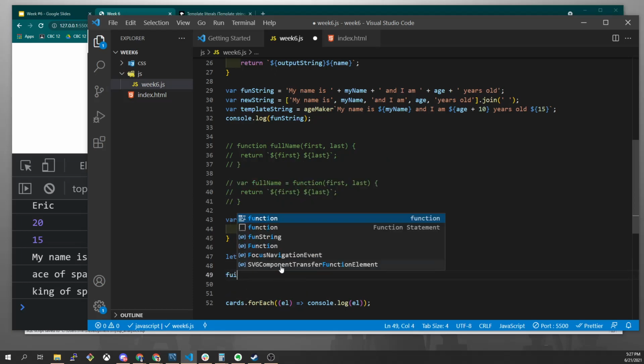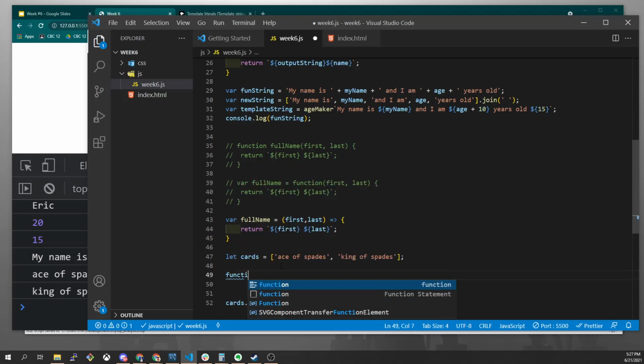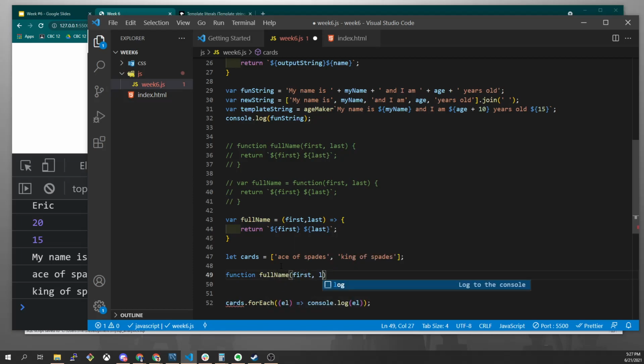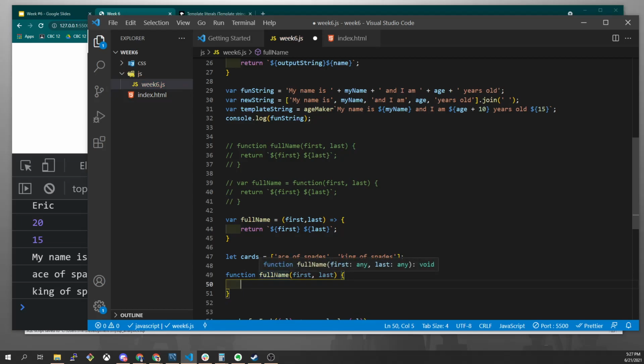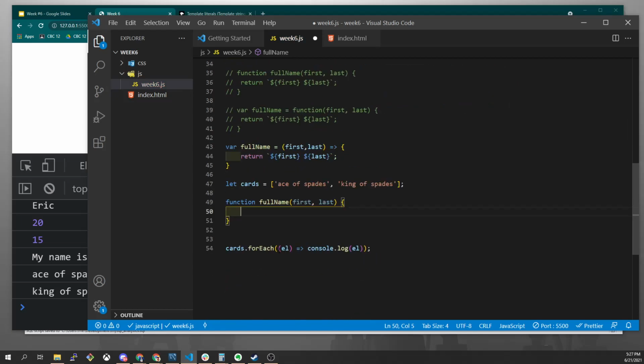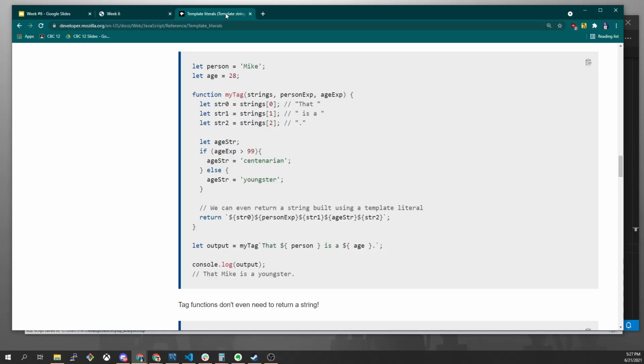I prefer to write functions like this so that I know that I'm in a function, right? Function, full name, first, last. Because to me, this is very clean, it lets me know, hey, I'm in a function. But when you're dealing with a lot of modules and things that exist in NPM, when we start learning about the backend stuff, you're going to start to see a lot of things like this. And you might even see it in tutorials. I know Mozilla has almost completely switched over to this format. So if we went to some of their,